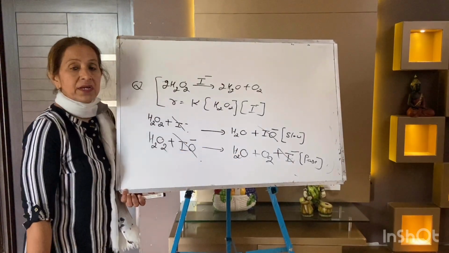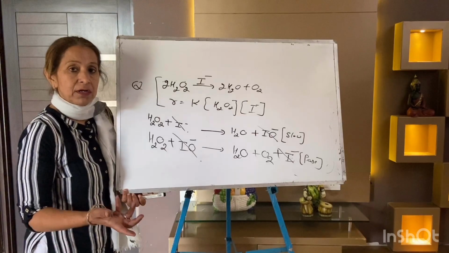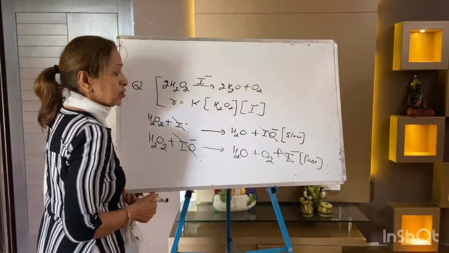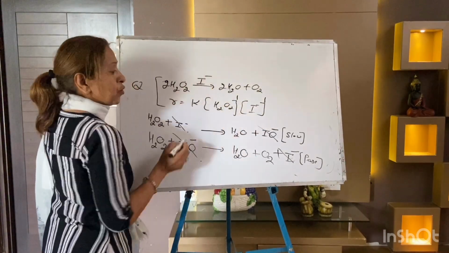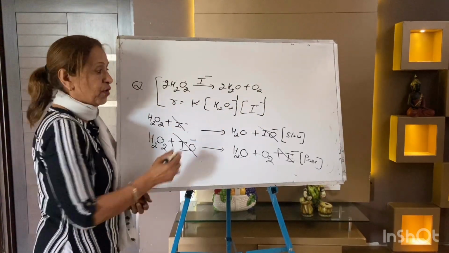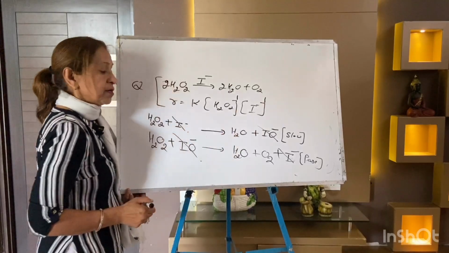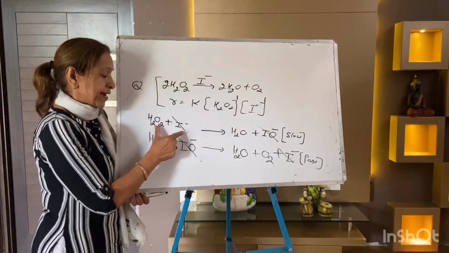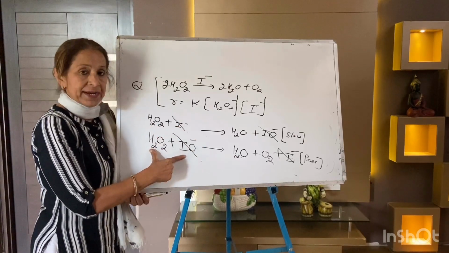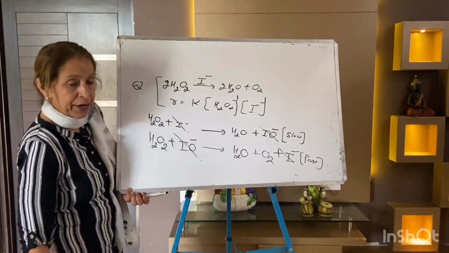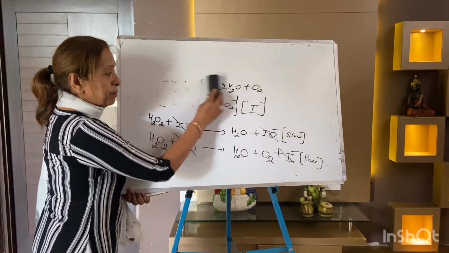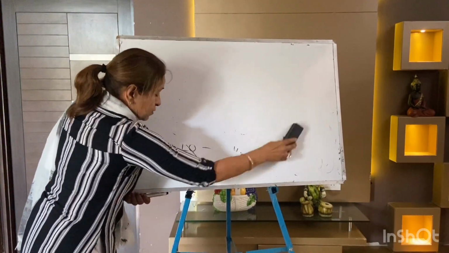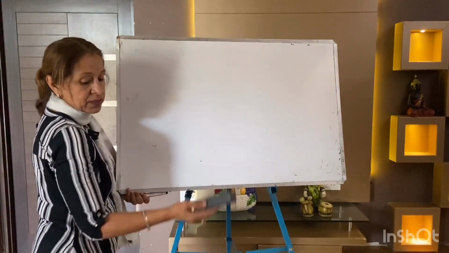So now what is the order? Order is always calculated from the rate equation. 1 and 1. Order is 2. 1 plus 1, sum of the powers. And what is the molecularity? Molecularity of each reaction: this reaction has molecularity 2, this reaction has molecularity 2. Molecularity of the complex reaction has no meaning. So in this way I will give you some for practice. A lot of mechanisms are there in your NCERT.